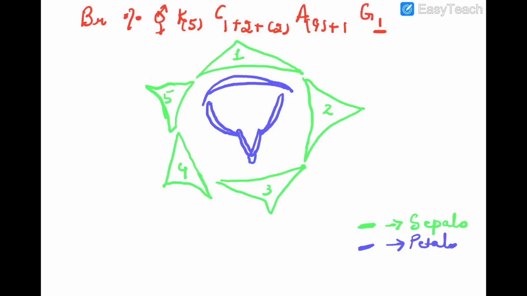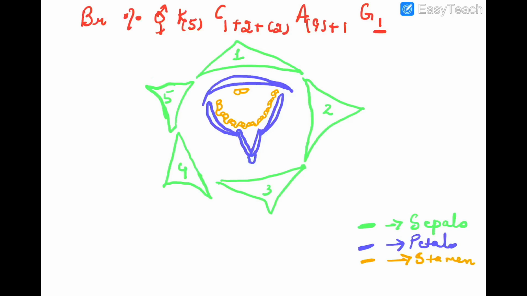Now let us look at the androecium, stamen. There are a total of 10, in which 9 are fused and 1 is free. So this is the free one, and the further 9: 1, 2, 3, 4, 5, 6, 7, 8, 9. So these are the androecium, and since they are fused, we will make a symbol here which are fused. We'll join them. So these which I have drawn in this brownish color are the stamens or androecium.